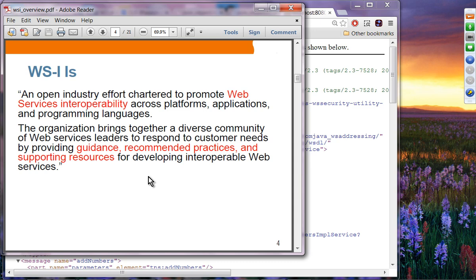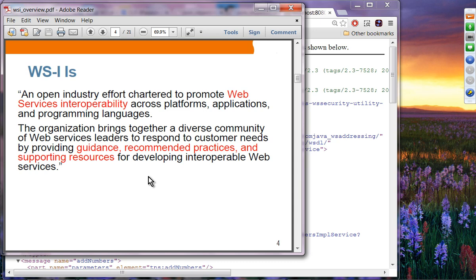So there were a lot of implementations from different vendors, especially from Microsoft and from the Java community. Interoperability was a problem because the spec was sometimes kind of vague, so different implementations of the same spec resulted in non-interoperable web services implementations. That was an issue the community took on.